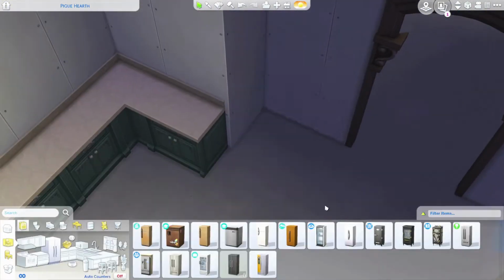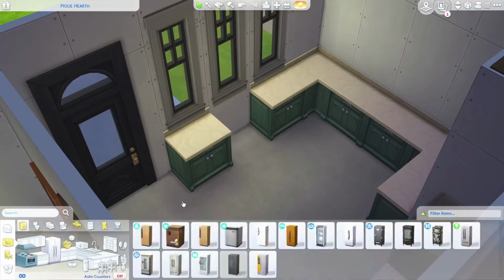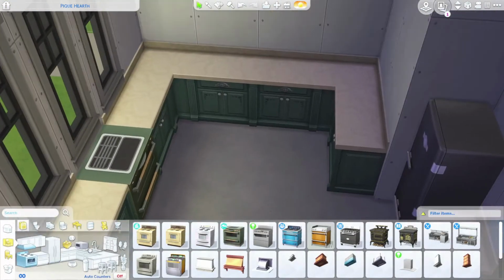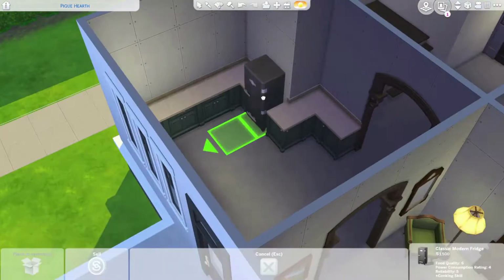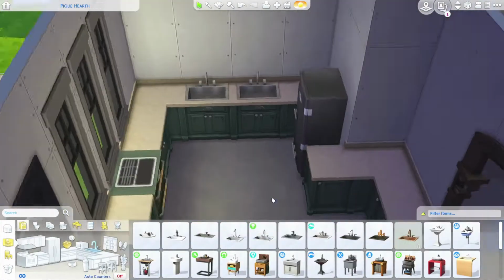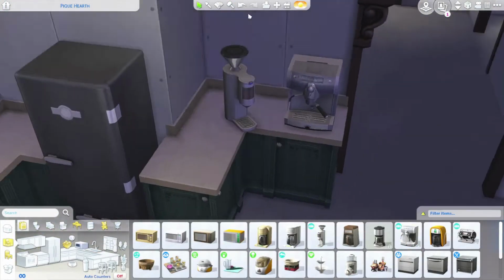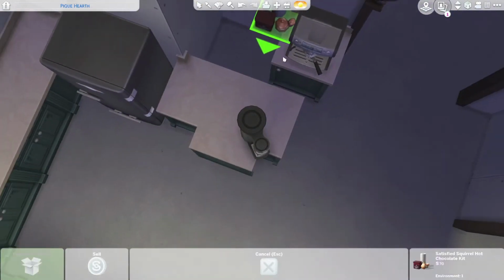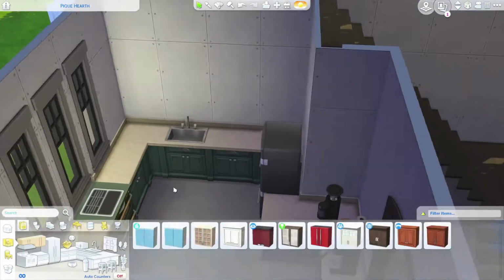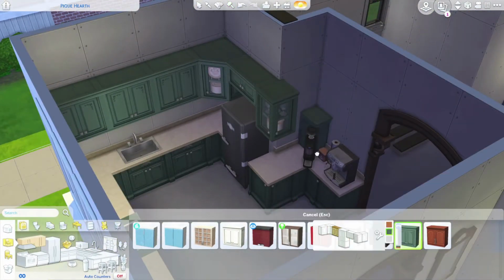Yeah, onto the kitchen. I love these kitchen counters. They are my favorite. I use them all the time. Older builds, newer builds, doesn't matter. It's timeless. It's amazing. I love it. Yeah, I'm trying not to use them everywhere, but sometimes I can't help it. Here you can see that I've put a coffee machine there with a grinder, so it's quite a fancy one in my opinion anyway,